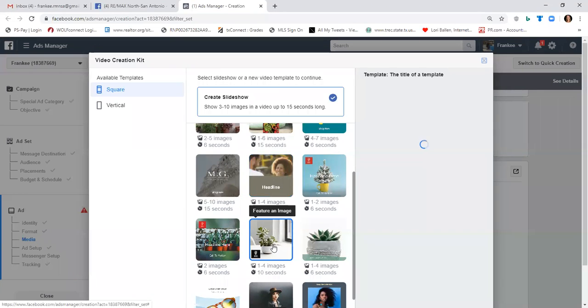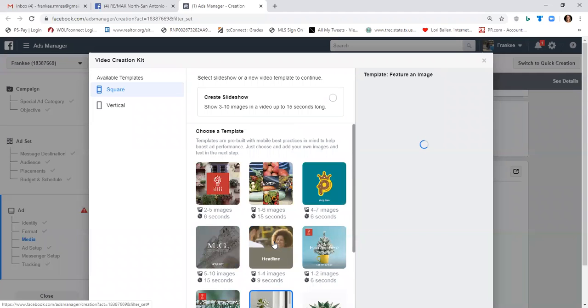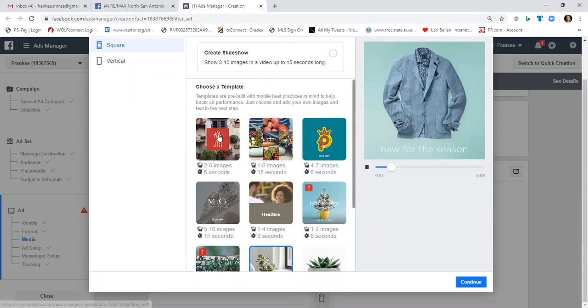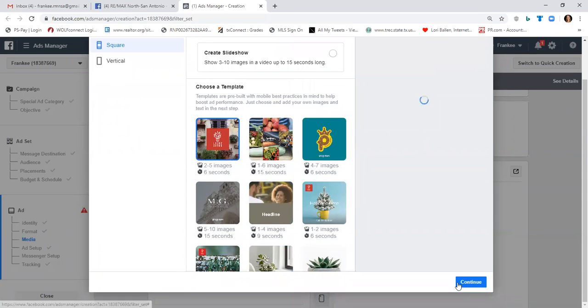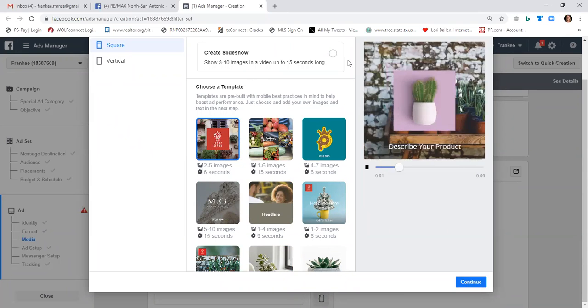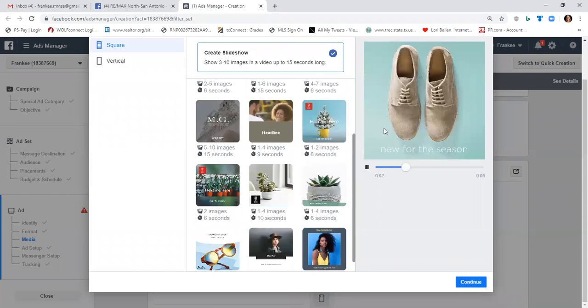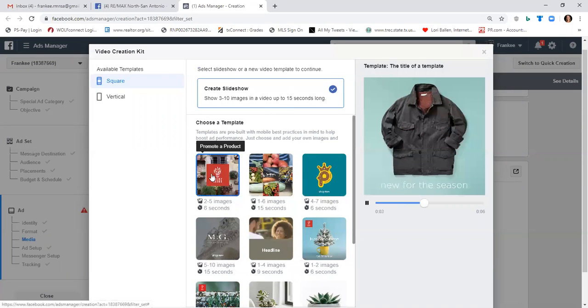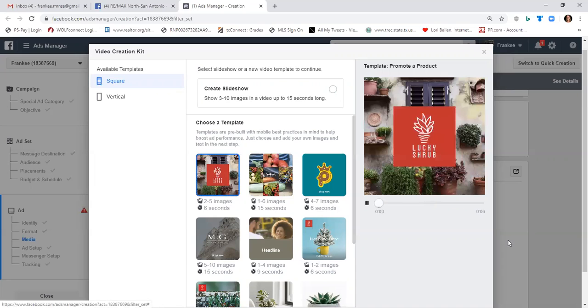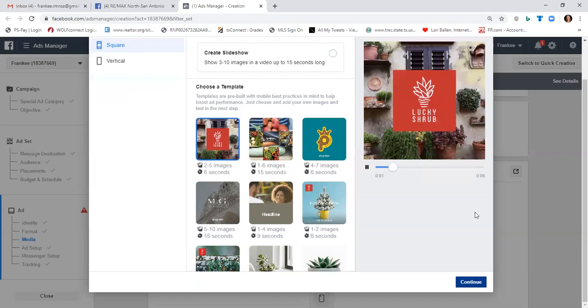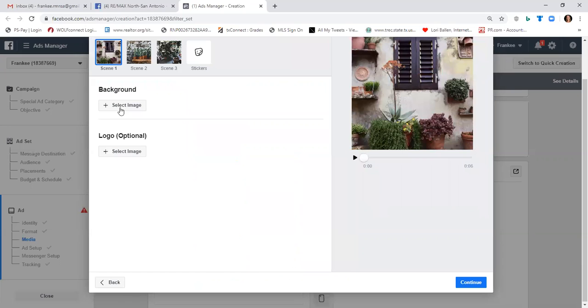So let's say I picked this one, and there is square or vertical. Vertical is more for if you want it to be in your story. I'm going to go with this first one. There are the templates, and I should say there's also this one where I can click create a slideshow and pick my own photos. But if I do the template and continue, it says, first you need to